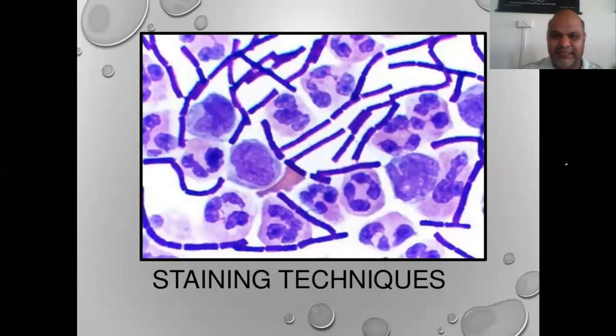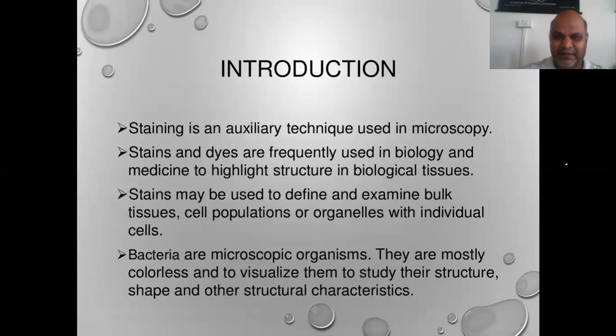The staining technique that we are going to study. So why is staining necessary? Staining is a simple instrumental tool which is necessary for us to observe the microorganism. And it is not mandatory that we only see a specific type of microorganism. We can see the various types of microorganism by use of staining. Okay, there are specific types of staining technique like simple staining and differential staining. So we can go through both the simple and the differential.